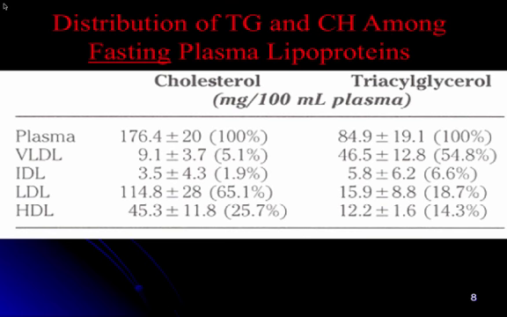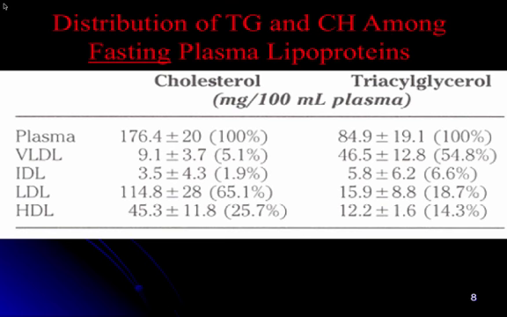we looked at this before, but now let's put it in the context of your values. This is the distribution of triglycerides and cholesterol among fasting plasma lipoproteins. So in other words, in this column, we're looking at cholesterol in mg per deciliter, same units you guys have. This is plasma instead of serum. Basically, it'll be the same. This is kind of a typical value that you see in reports. So this is our total cholesterol, so we set that at 100%. So one of the questions is, why are we doing the different fractions, and what should we expect as far as cholesterol values in each of the fractions?